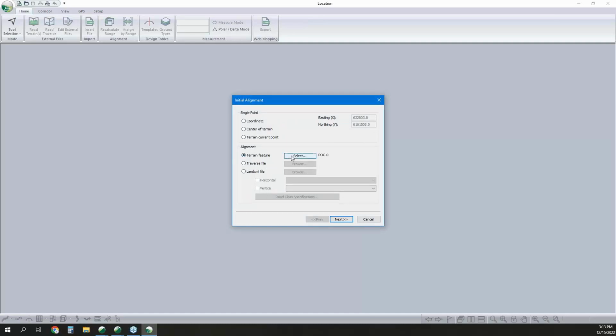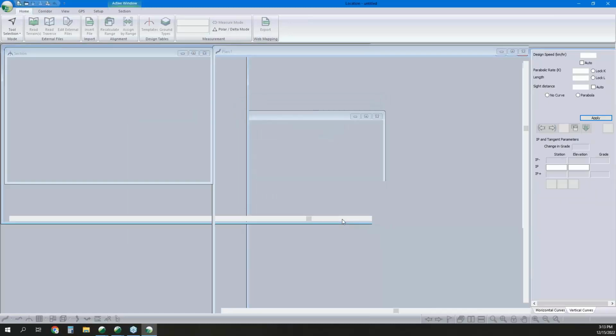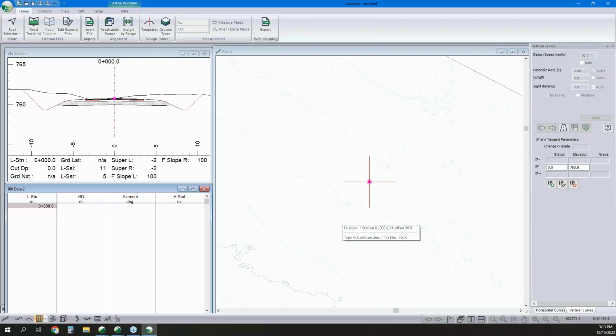So if we had a polyline we'd like to use from that terrain file, we could use that. If we had a hand traverse file, we could use that for our initial alignment. If we had a LandXML file, we could use that. I'm going to start with a single point, and I'll go with the current features or current point selected in terrain, but we could go with the center of terrain or a specific coordinate if we'd like to as well. And we'll use our default template,